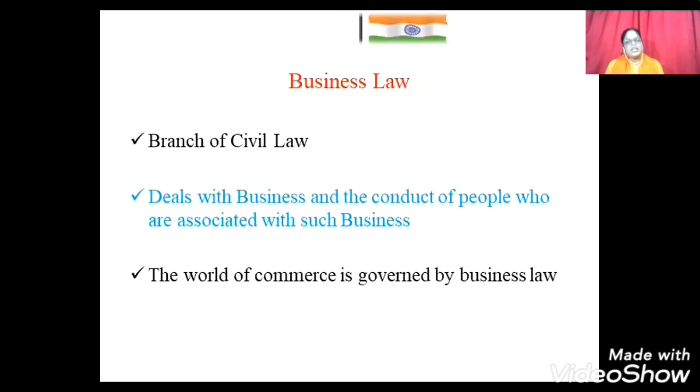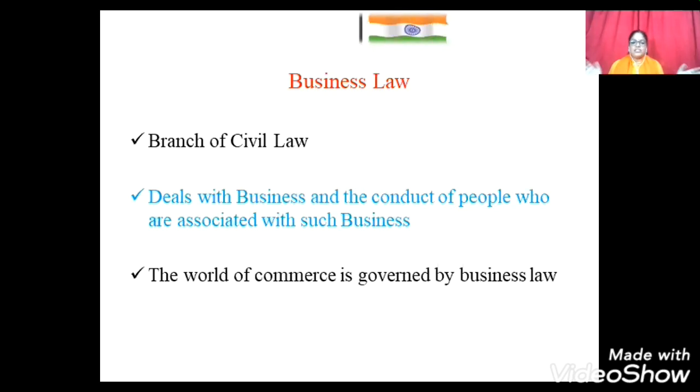Business means buying and selling of goods and services with the intention of making profit. The main intention is profit maximization, earning of profit. If you are buying and selling the goods not with the intention of making profit, it means you are not doing any business. You are doing a social service, or you are doing a service where there is no profit,